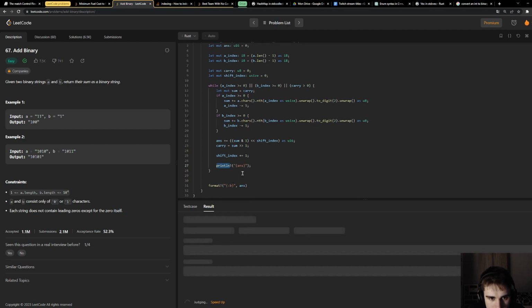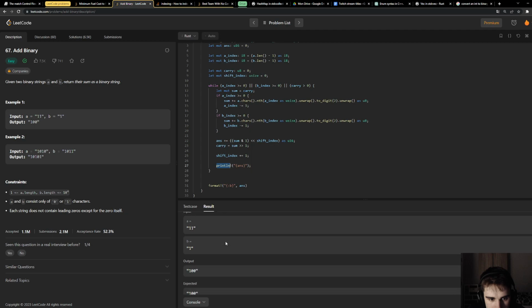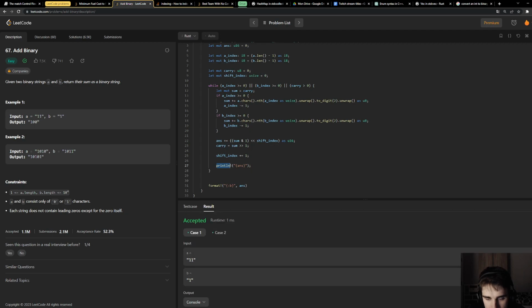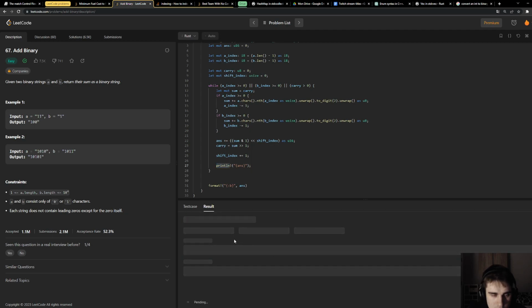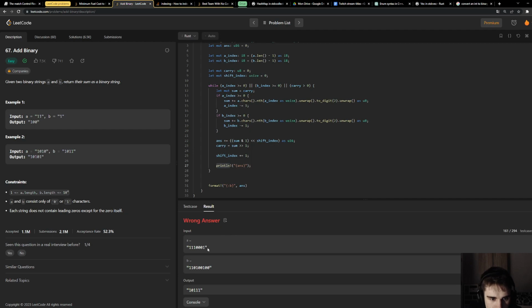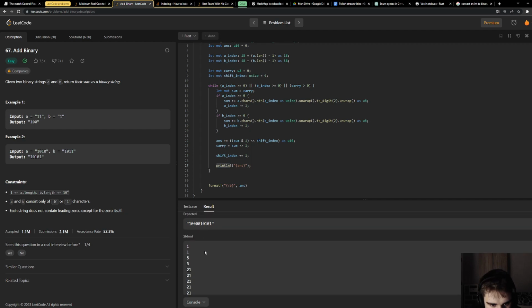Println format. This is going to fail, and I want to know for which number it is failing. 23.